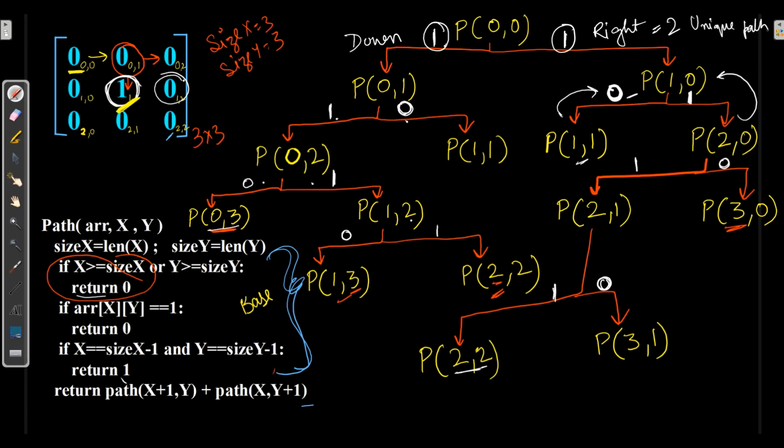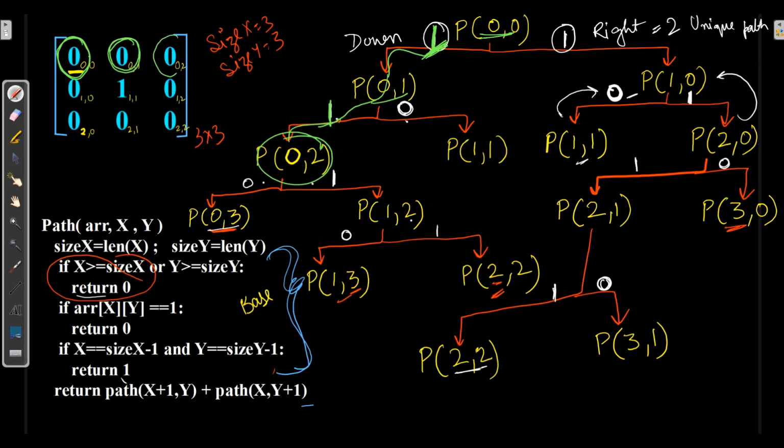Now if I want to know the unique path, how it traversed, let's mark all the ones over here. From the down path, there is a 1 on 0, 0. So here for 1, it goes to 0, 1. So I'll circle this. Then it will go for 1, 0, 2.